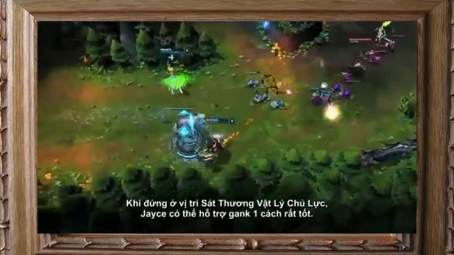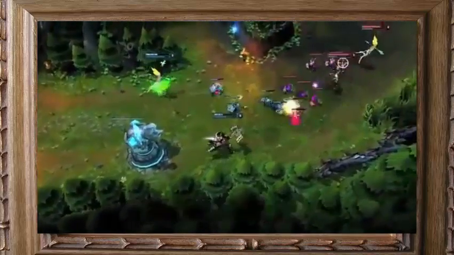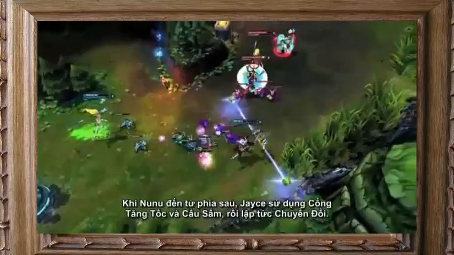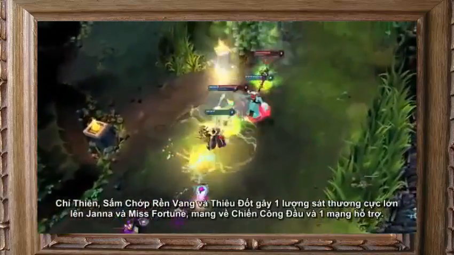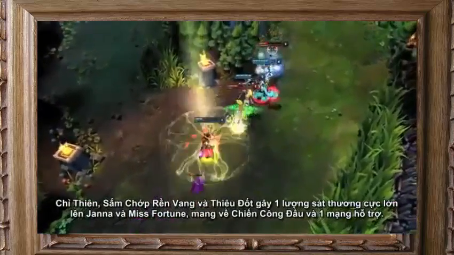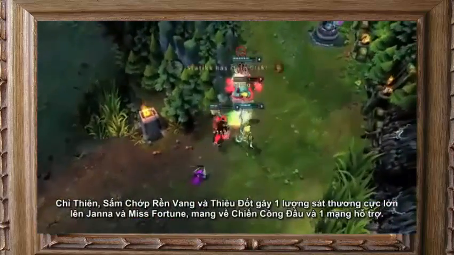Opening as a ranged physical carry, Jayce performs best when helping ganks. As Nunu comes in from behind, Jayce opens with Acceleration Gate and Shock Blast into Transform. To the Skies, Lightning Storm and Ignite deal incredible damage against Janna and Misfortune, picking up first blood and assisting